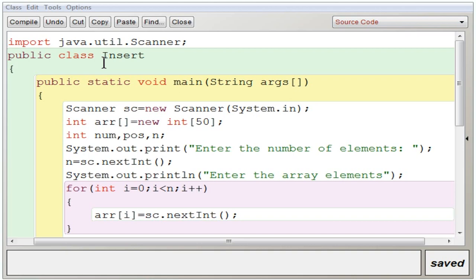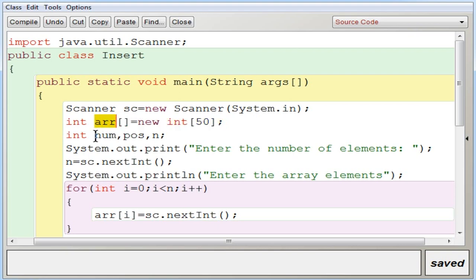Now here you can see an example program given here. You can see array elements has been declared. Okay. So here I made it as 50. The reason is, you can decide at the time of execution how many values you want to enter. Okay, it can be 5, it can be 10, it can be any number. So at most 50 elements you can use. You are not going to use all the 50 elements. According to the number of elements you are going to input, you are going to use only that space. Okay, so for that reason you are just declaring a maximum of 50 elements here. Okay, which will be stored in ARR.